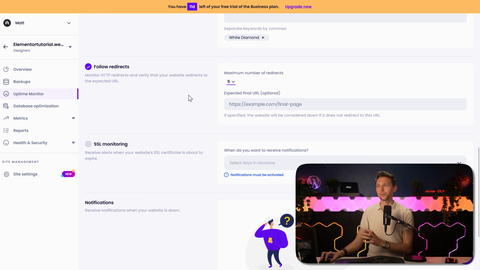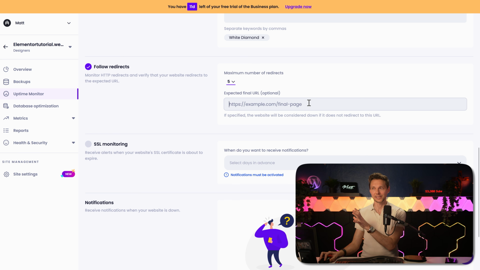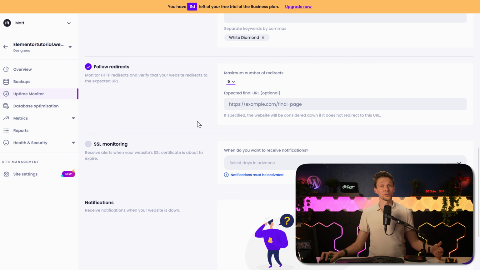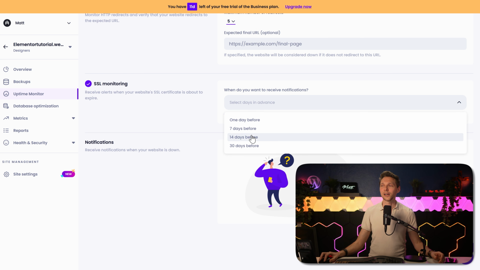If you have a redirect from there going to somewhere else, the maximum number should be 5. Enter in the expected final URL, and we can also see if this redirect still works. Then you also have SSL monitoring, to receive an alert when your website SSL certificate is about to expire. Normally this should be done by your hosting company, but sometimes they don't do it, or maybe you have your